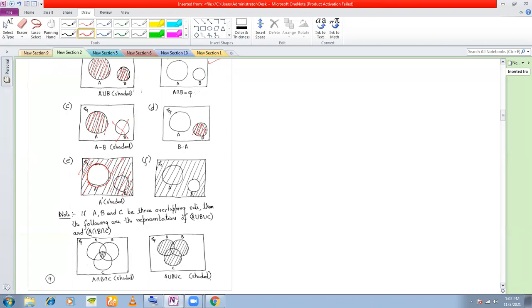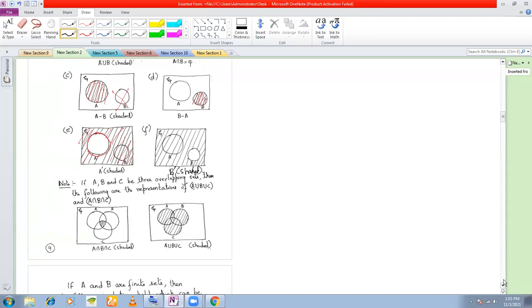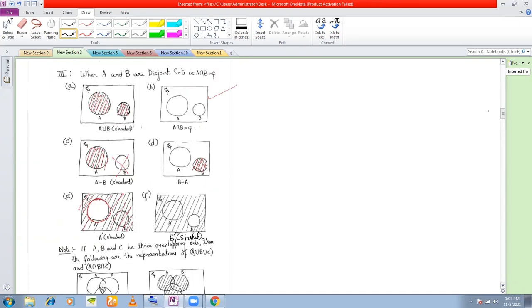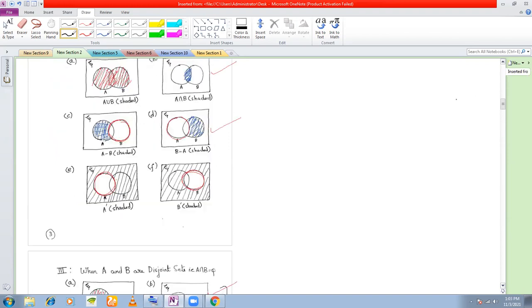Okay. Next one, you have B complement. I think I forgot to write here. Take a note. This is B complement shaded. B complement: you leave out the circle B and you shade everything else within the rectangle. Is it okay? Yes, sir. Sir, will it be mentioned in the exam that it is a disjoint set? Yes, if it is mentioned that they are disjoint sets, this is what you are going to do. And as I told you, if nothing is mentioned, you will assume the sets are overlapping. Okay, sir.